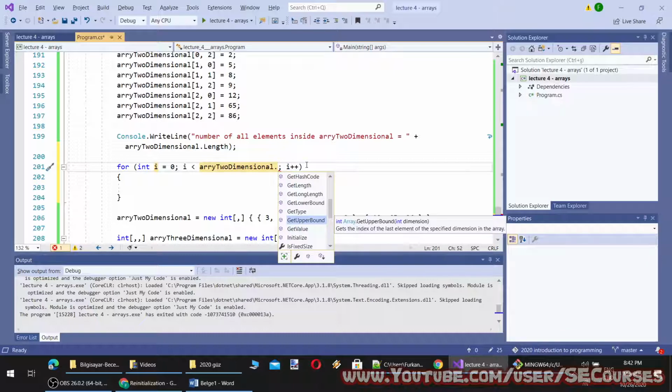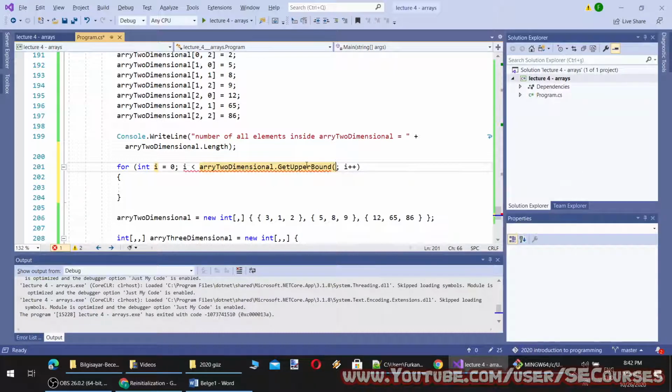Yeah, it says gets the index of the last element of the specified dimension in the array. So this will get the upper bound. Let's console write line them.